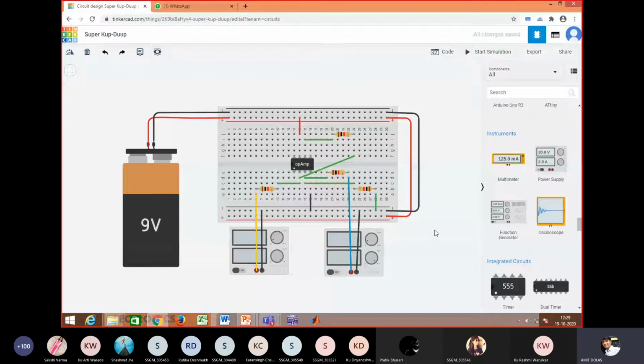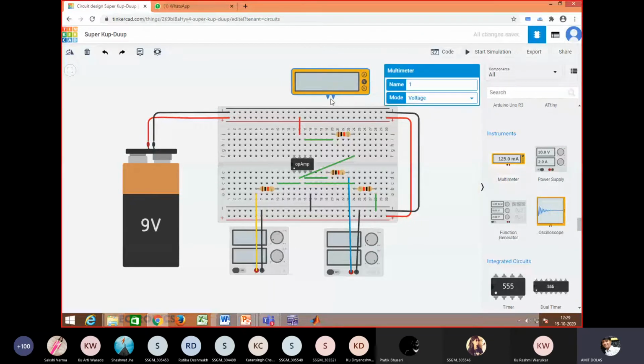Again, we need one multimeter because we have to see the output. For that I will use this multimeter, and it will be in voltmeter range because output में हम voltage check करने वाले हैं, which is the result of V1 and V2, that is V1 minus V2. So we'll connect the positive terminal of the voltmeter to pin number 6.